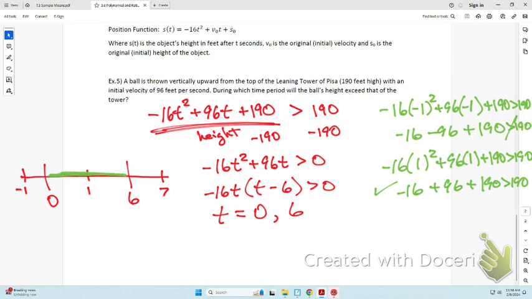And doesn't that make sense? Because at 0 seconds it launches, and at 6 it passes the height of the tower. At -1, that would be back in time. At 7, that would be passing that imaginary line of the height of the tower. If you don't trust it, plug in a 7. And notice we're squaring 7 there. That's going to mess up this inequality. When you do that, you end up with,